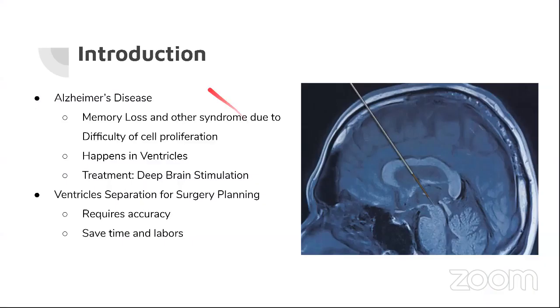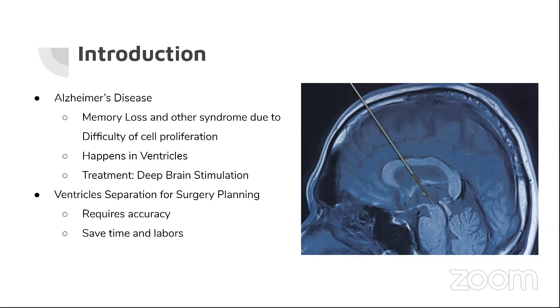Yeah. So, like I said before, as a very common disease happen in senior groups, the scientists found the brain of the patients are facing the difficulties of proliferating new brain cells. And here is a picture of the brain slice. And in the center of it, you guys could see there is a hollow cavity part, which has a light blue color that is different from the other part of the brain. This part is called ventricle, and it is a key part in the brain that could generate stem cell for